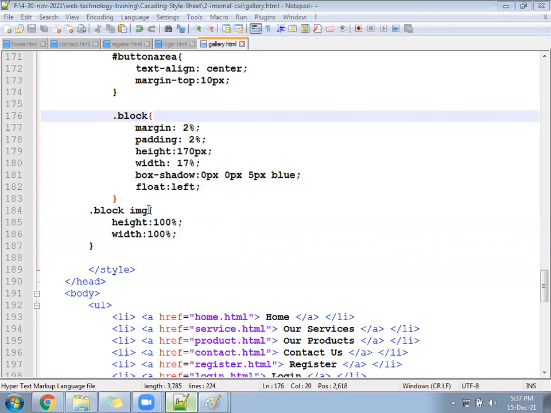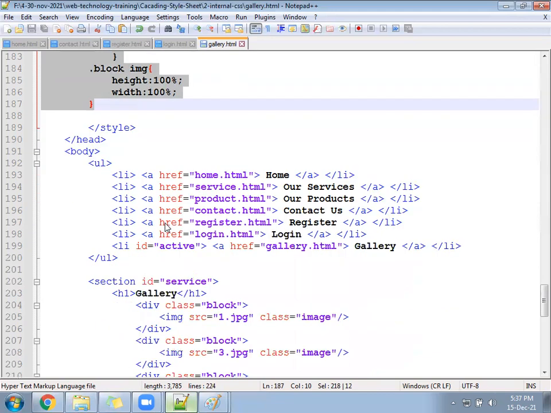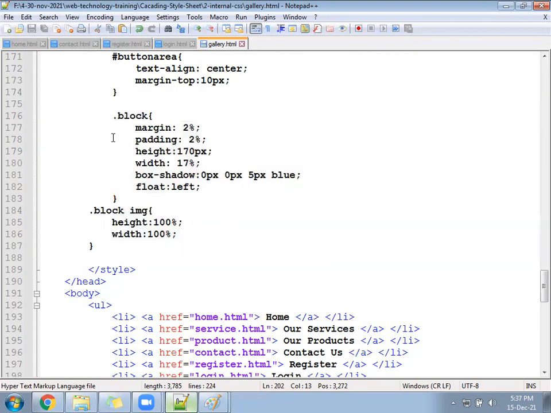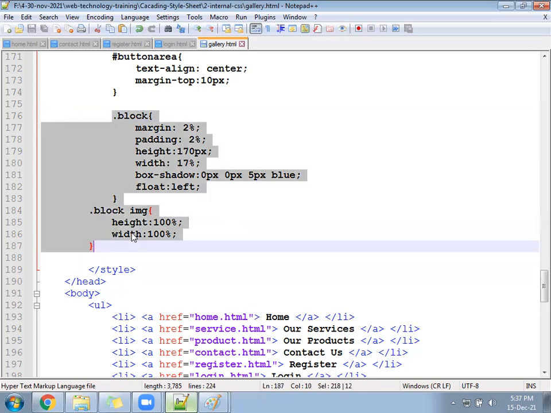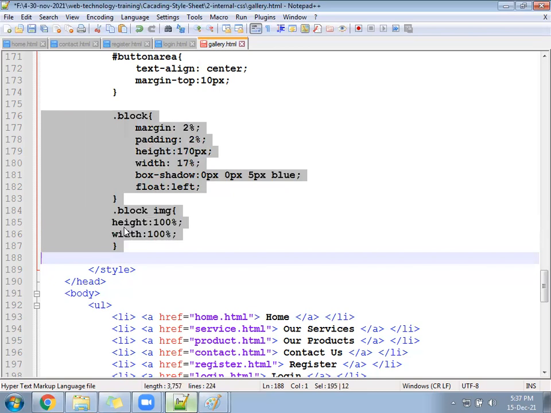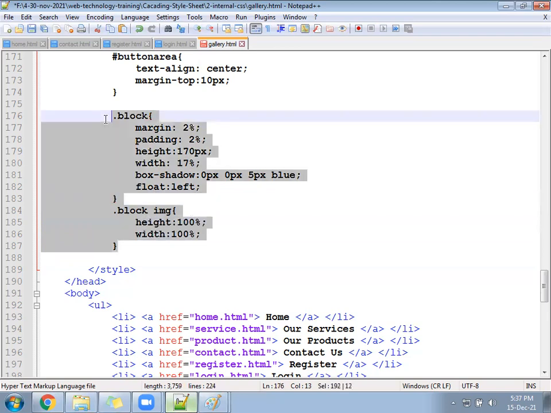So first we modify the CSS part. Now come to the HTML part. Here is the HTML. CSS, let me share in the chat. This CSS I will be sending in your chat, the modified CSS.